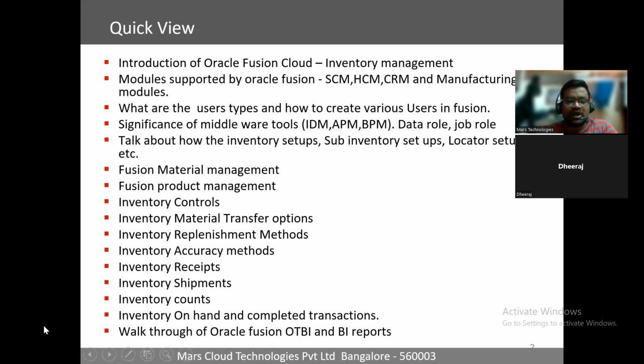Okay. So in order to do any kind of transactions, either shipments or receipts or inventory transfers or any kind of miscellaneous receipt, miscellaneous issue. So all kinds of things we are going to do are inventory material transfers, inventory controls, inventory replenishment methods. So what is my inventory replenishment method? For example, let's say you have a manufacturing plant. Okay, so you have an item which is required every day at some 10 quantity. So without having the 10 quantity,